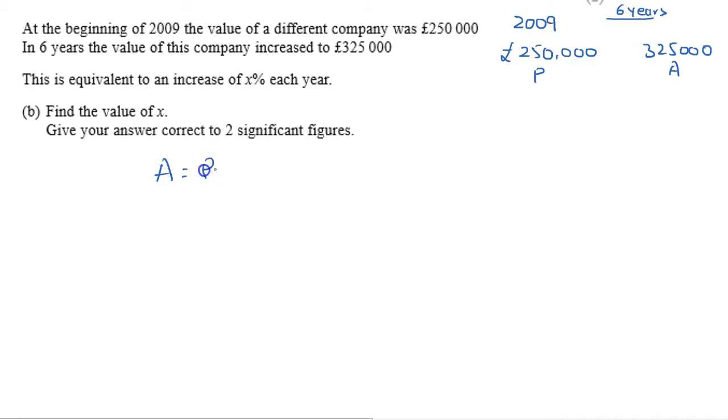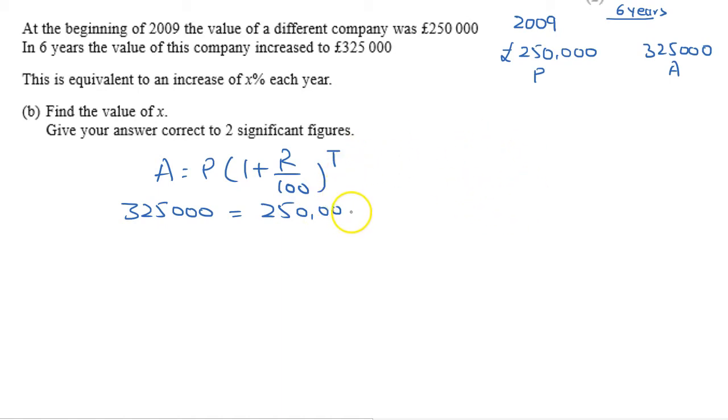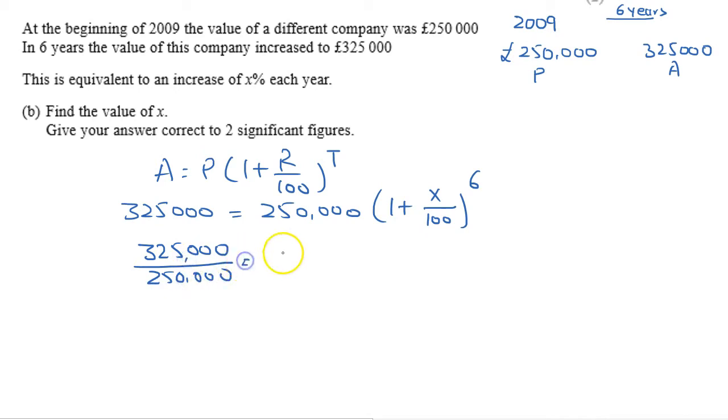So amount is equal to principal times 1 plus R over 100 to the power T. So the amount after 6 years becomes 325,000. The initial amount was 250,000, times 1 plus, now the rate is X, we don't know the rate, over 100 to the power 6. It increased in 6 years. So 325,000 over 250,000 is equal to,